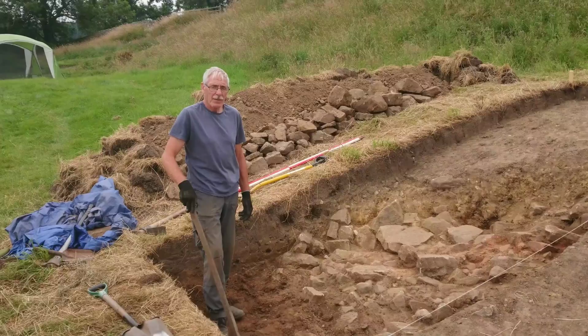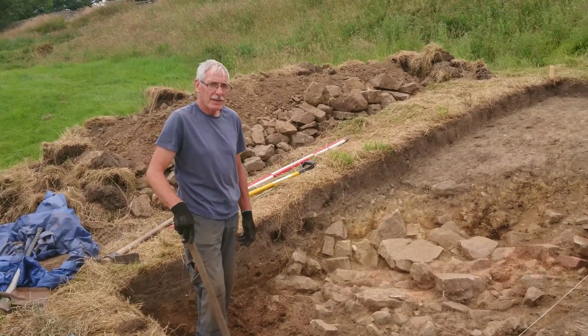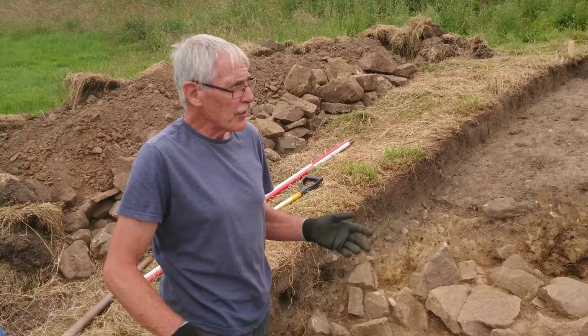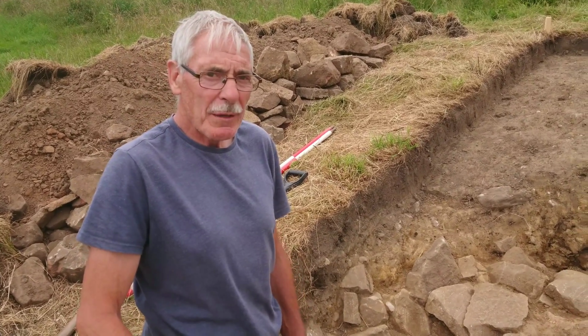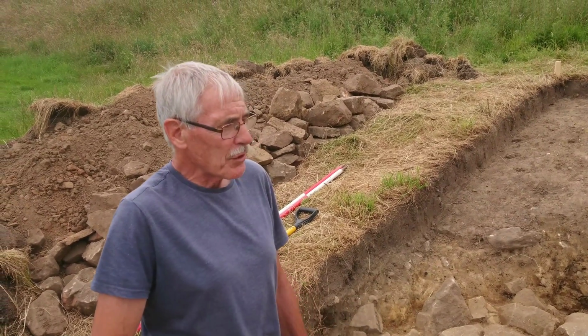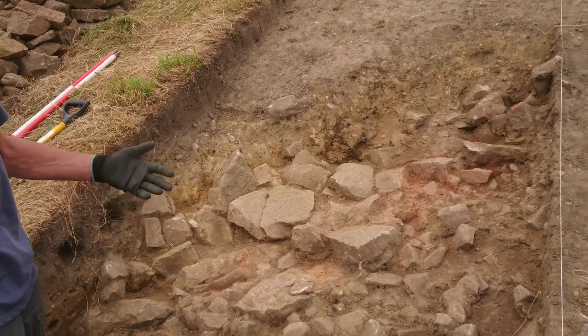Okay, and this is Barry, one of our experienced volunteers, who's going to explain to you what he's been doing in this trench. Yes, we've set up a trench 5 by 5 metres. And we've put it in this location at the base of the western rampart because a geophysical survey picked up what they call a hot spot, possible evidence for burning here. And after we've deturfed, removed the topsoil, we've started to come down onto this huge spread of sort of stonework and what have you,